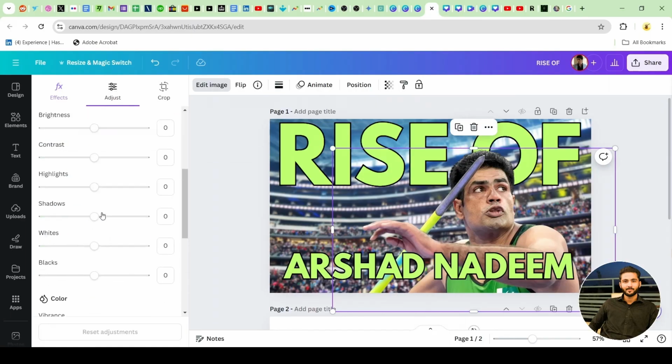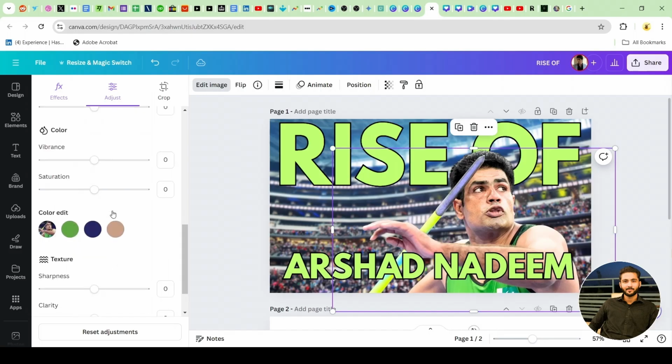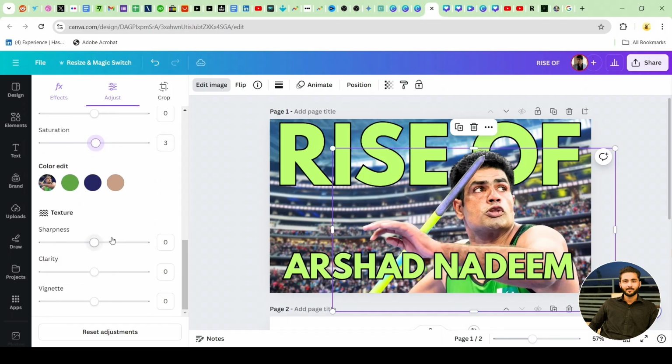So let's say I increase the brightness of Arshad Nadeem. That's how he looks more visible and prominent. So now he looks good, and I have to increase the contrast a bit so his skin looks good. And then we have saturation, so you can play with it. If you like, you can increase it, but I don't like it much. And then sharpness, of course, if you want to